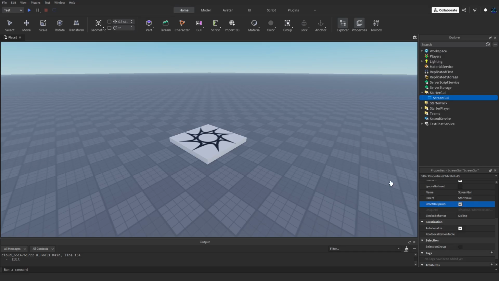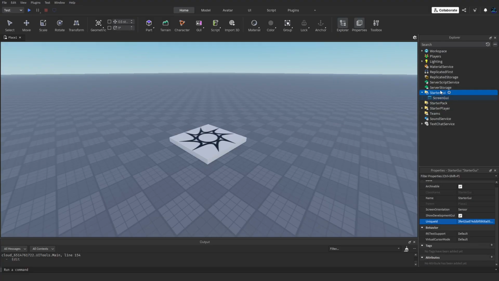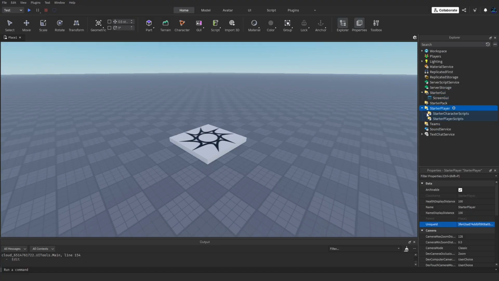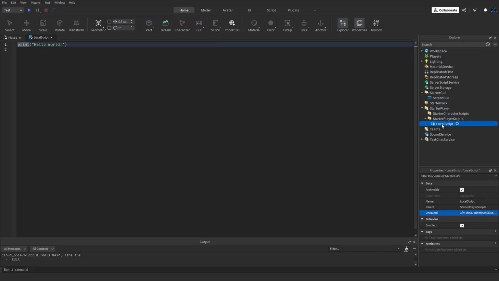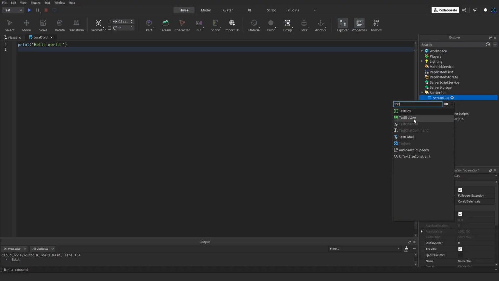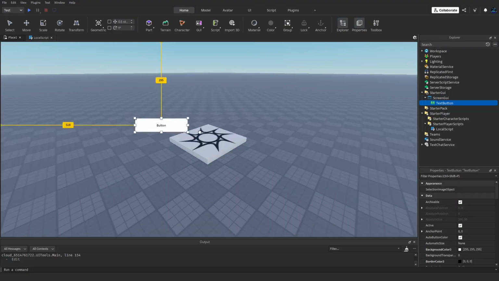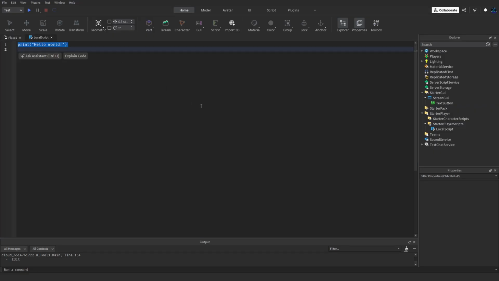And oh my gosh, this is so annoying. I was so annoyed by this. First off, I could just show you guys what I'm talking about, what happens. So if I create a little local script here, and we can just have a button in the screen GUI, just put it over here, and we could just do,